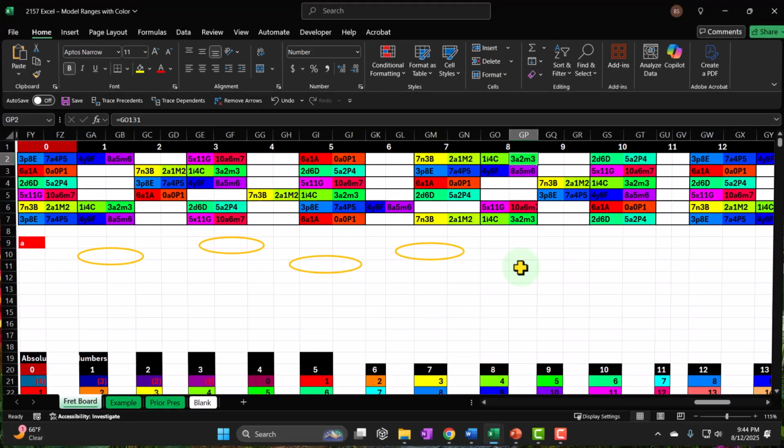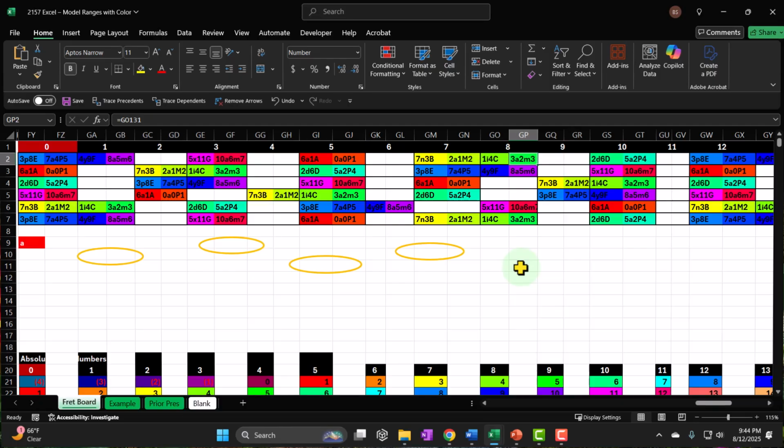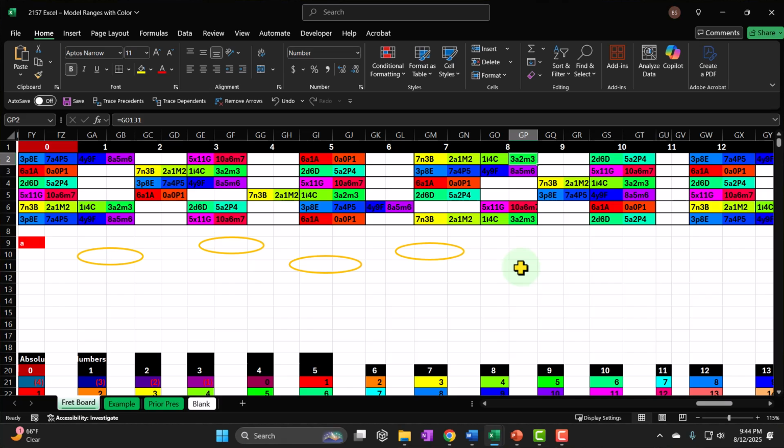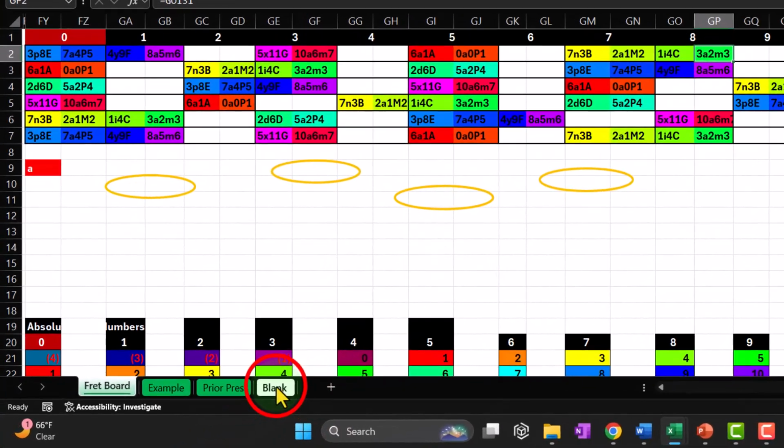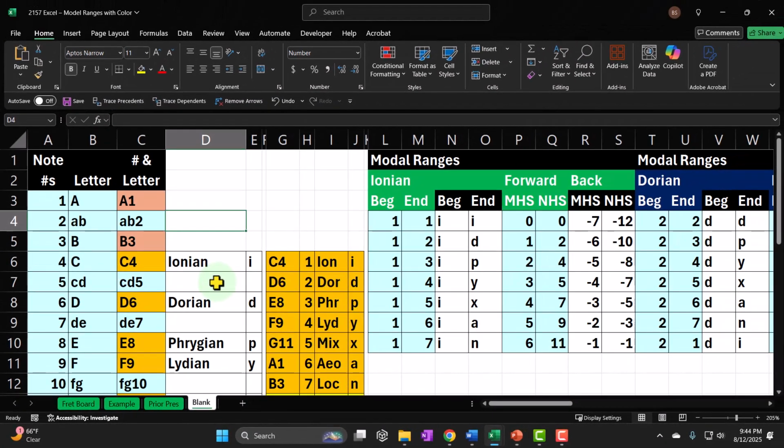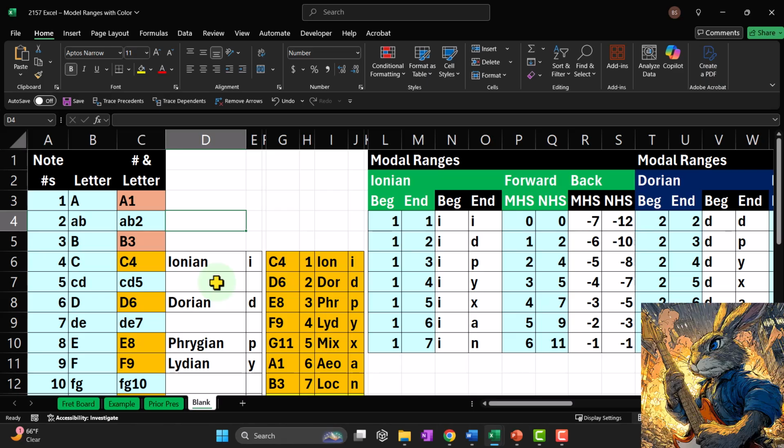So we need 2 sets of colors, one for the points and then one for the ranges, and the modal point color system we can keep static for the modal points in a similar fashion as the Nashville number system. All right, so if we go to the blank tab over here, this is where we built all of the